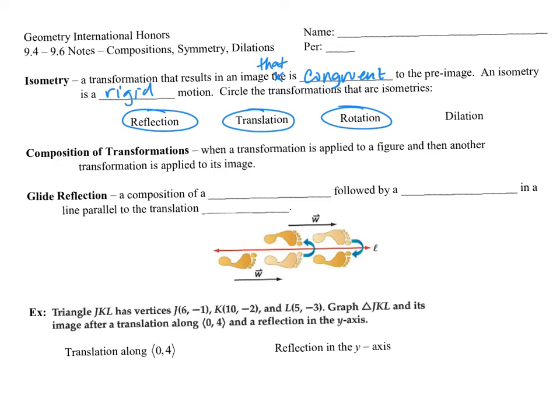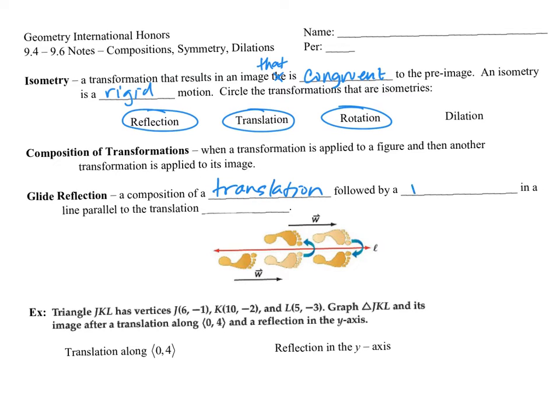Okay, so now let's talk about composition of transformations. A composition of transformations is when a transformation is applied to a figure and then immediately another transformation is applied to its image. So we're going to look at a couple of compositions of transformations. The first one we're going to look at is called a glide reflection. And a glide reflection is a composition of a translation